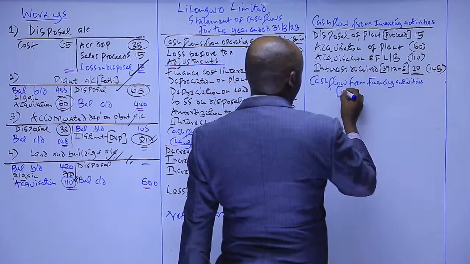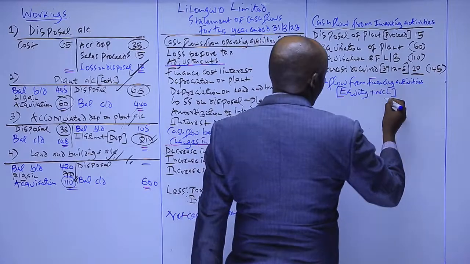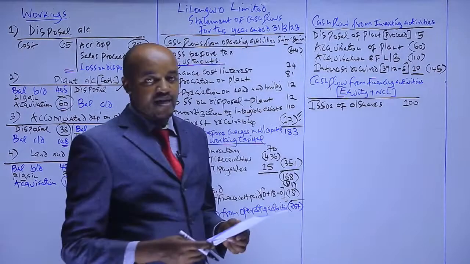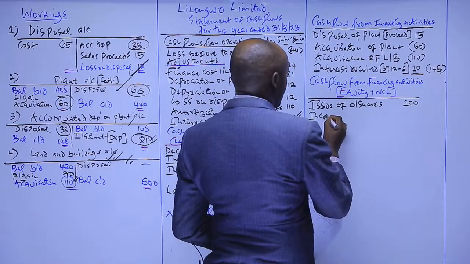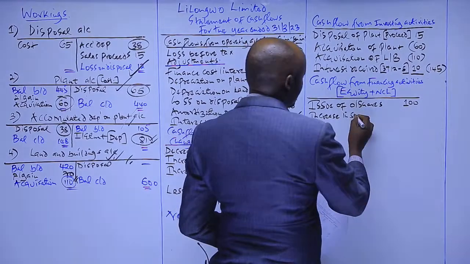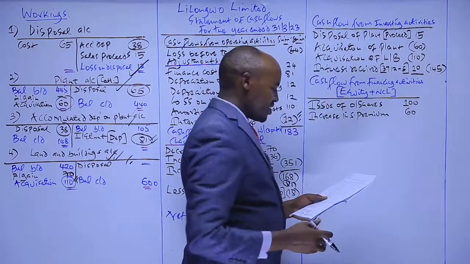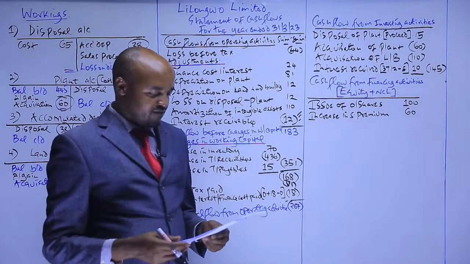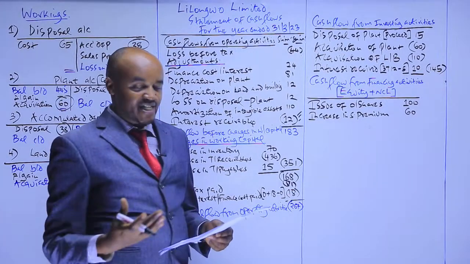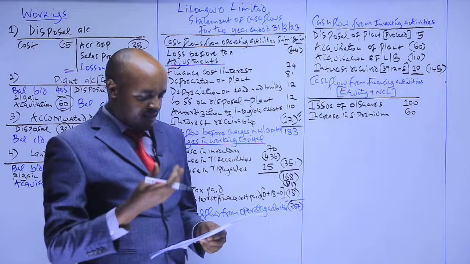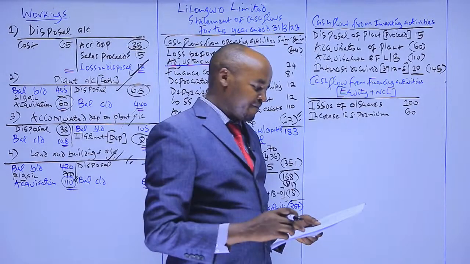And basically I've said that all the items which we include here, we get them from equity and non-current liabilities. The company received money, so which is a cash inflow. Then below that we have share premium, which also increased from 0 to 60. So we have an increase in share premium. The reason why share premium increases is because these shares were issued at a premium, so which is still a cash inflow. And then below that we have revaluation reserve. Revaluation reserve, we don't consider it here because this is a non-cash item. These are reserves which change because there were some assets which were revalued. The other item which we have below there is the retained earnings.